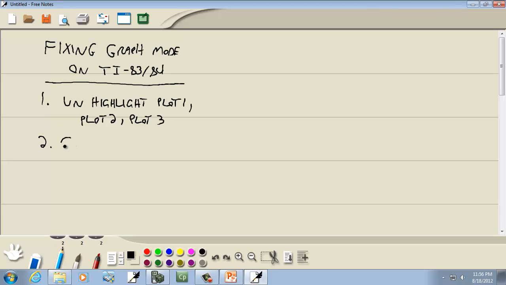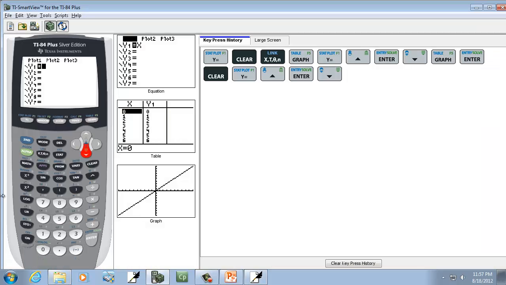Our second one is we want to clear out Y1 through Y0. Let's see what I mean by that. Over here in my calculator, see I have this on Y1. If I down arrow, you see it goes down to Y7, and then if I keep going, there's Y8, Y9, and Y0. Occasionally, somebody will get some garbage down here on Y0 or Y9,